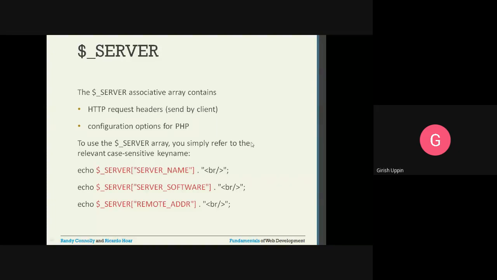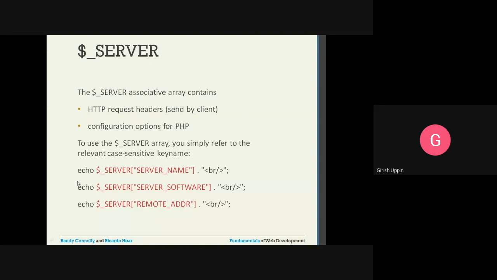To use the $_SERVER array, you simply refer to the relevant case sensitive key name. You have to remember all these key names are case sensitive. If they are all in uppercase, you have to use them as is. Any lowercase or mix of uppercase and lowercase will not get the value.